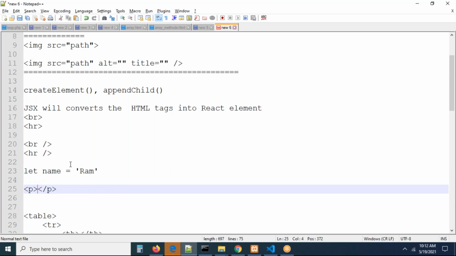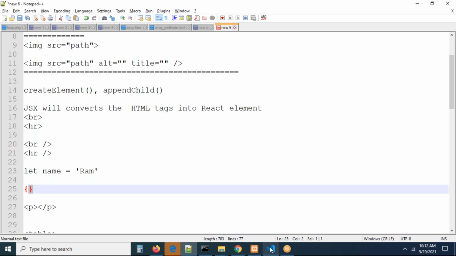So for this, we can use the concept called expressions in JSX. Any expression you want to write in an HTML React element, this is going to be a curly bracket. By using these curly brackets or curly braces, we can write expressions in JSX, guys. Exactly, you have to use it.